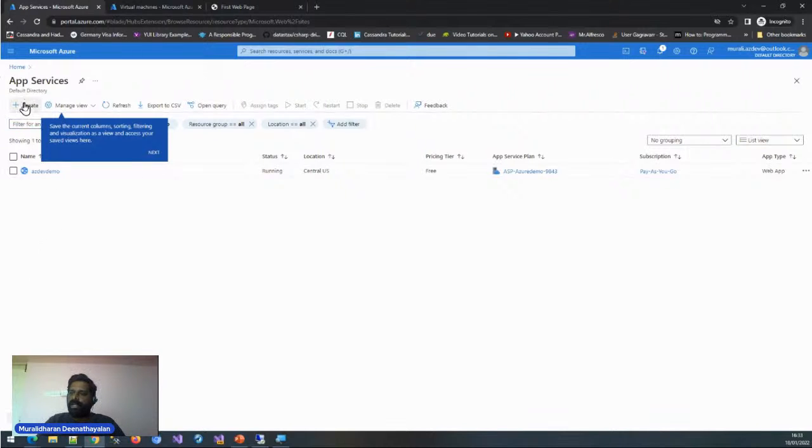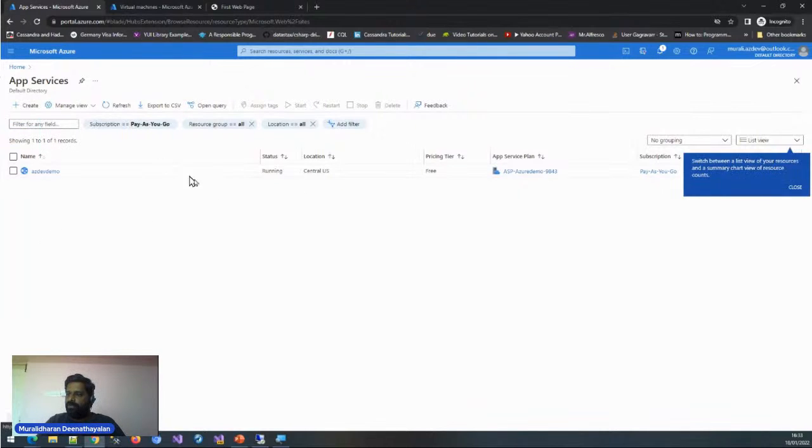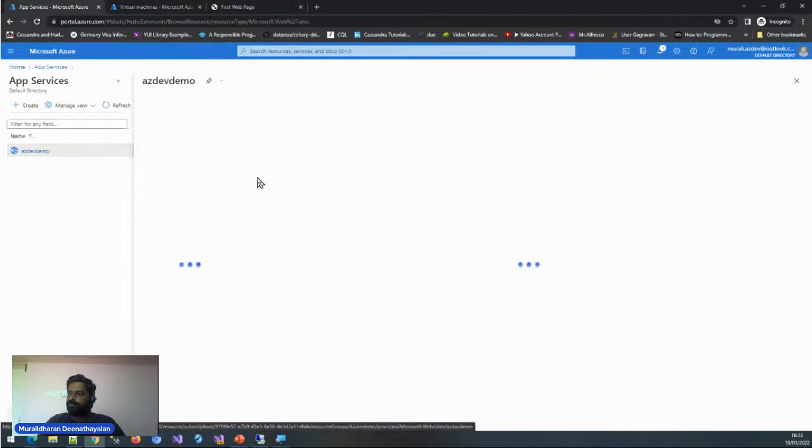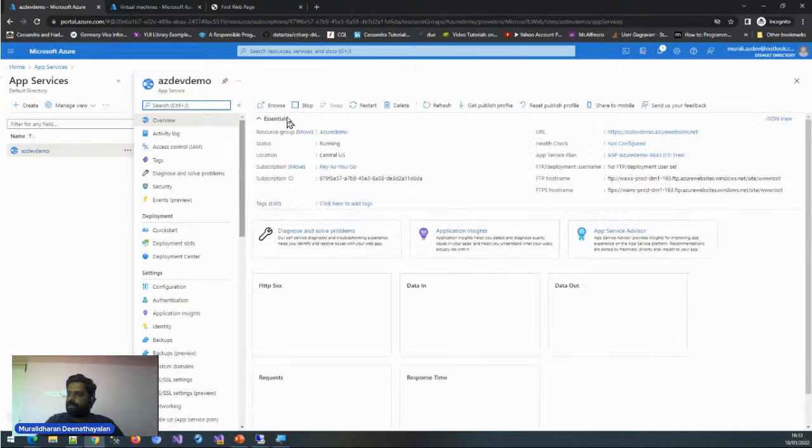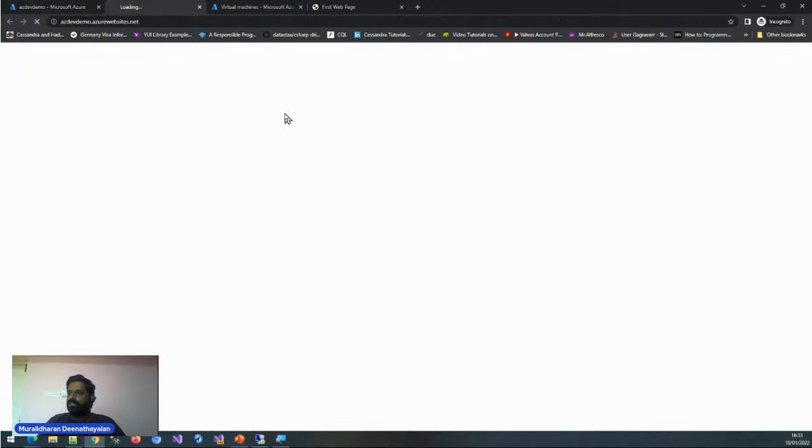So now I'll go and create a new one. Okay, I have already configured one, so let me go and see that. I'll click browse. You can see here it comes with a domain name like sdevdemo.azurewebsites.net. Here also I just created a very simple hello world application.